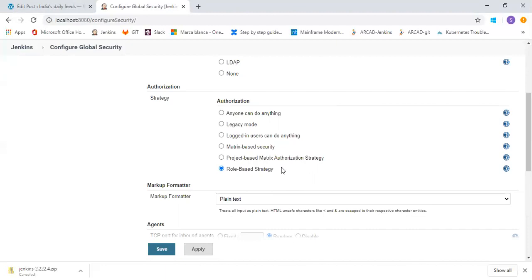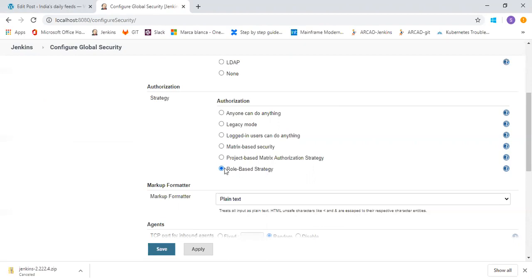If there is a developer in your organization and you want to give a role for that developer inside Jenkins, then you can create a role as developer, add that user, and give the developer role to that user so that he can access certain things in Jenkins which are restricted by you. I will cover that part in the assign role section.